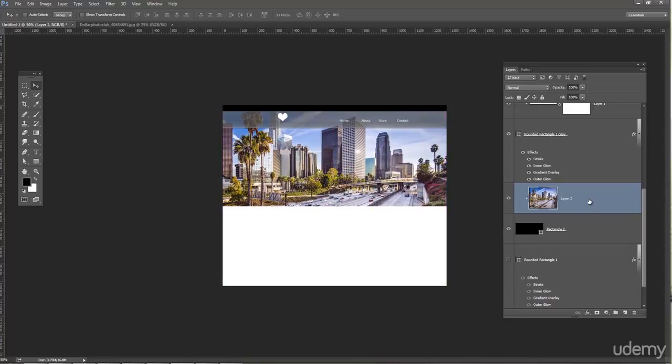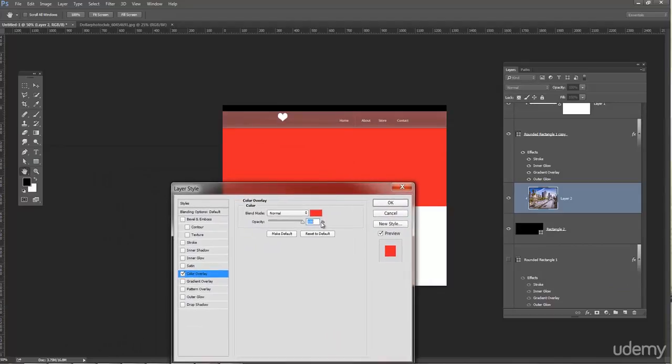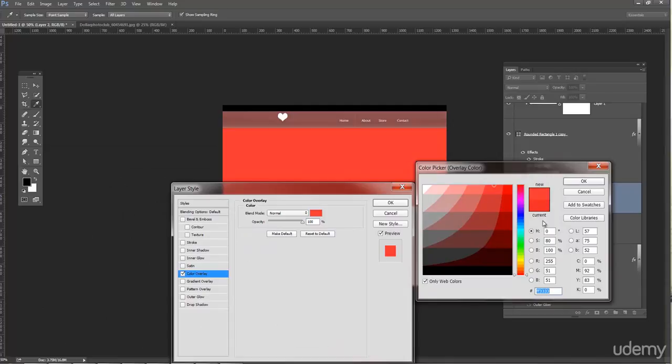And then if you wanted to write on top of this, you wouldn't be able to see it. So one of the things we can do to make this image work better is just do FX, solid color or color overlay. And that just paints a color on top of the layer. So I'm going to paint over a,